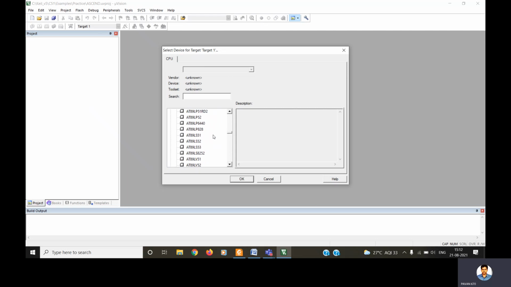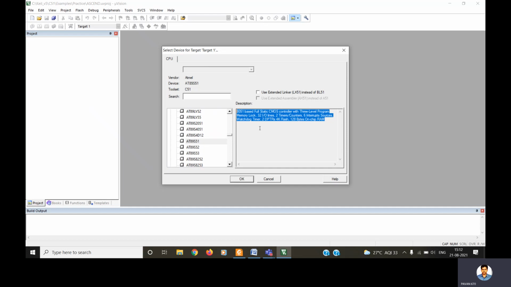What I am interested in, from my side, is going for the 89S51. It is my wish. You are not forced to go through it, but if you wish to, you can. If you select a microcontroller here, you can see its basic features.